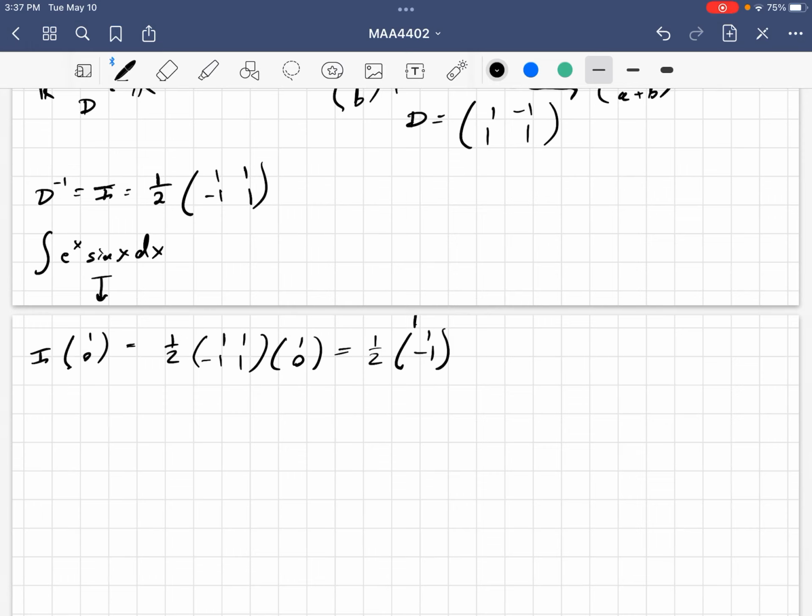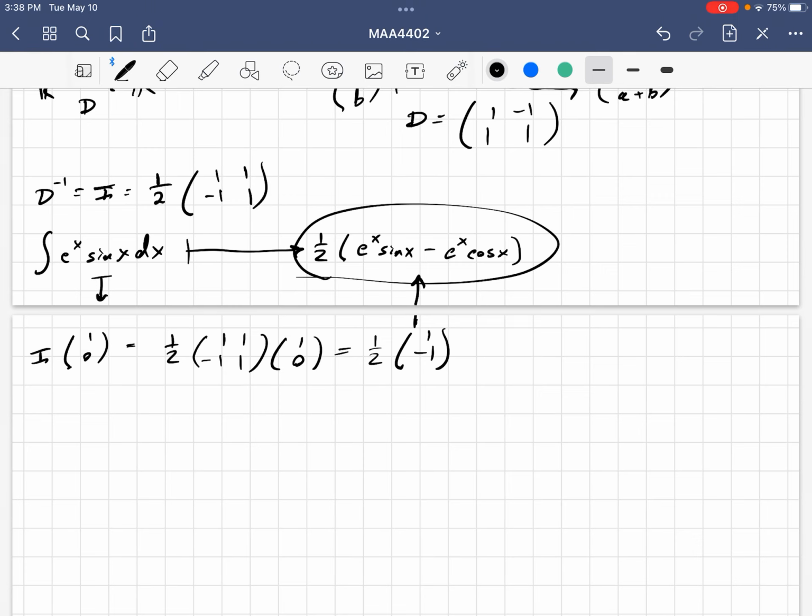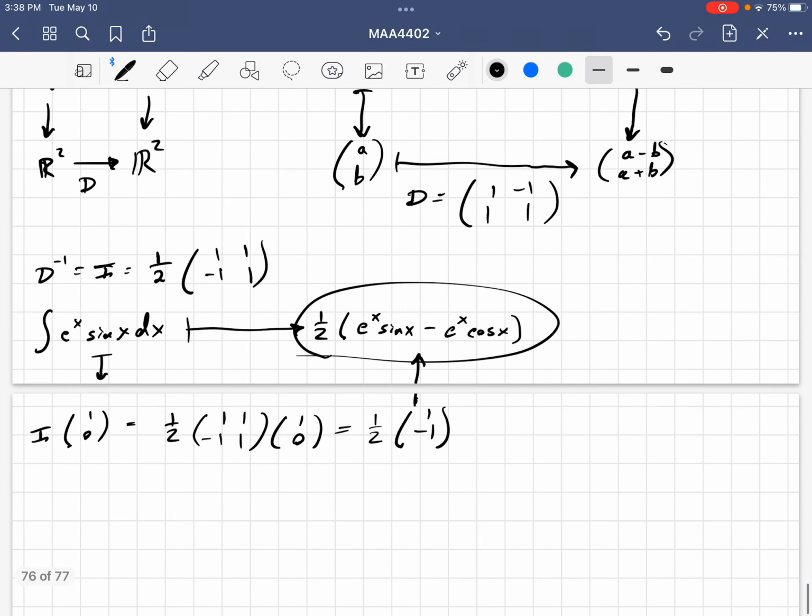And now we bring that back in terms of our normal functions of e to the x and sine x and cosine x. And what does this represent? It represents a half e to the x sine x minus e to the x cosine x. And voila, using linear algebra, without having to do integration by parts or anything like that, we found the integral of e to the x sine x, in my opinion, in the simplest way possible. And with that,